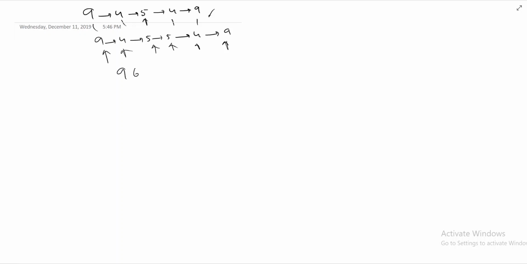For suppose this is 9655549, and these two are not the same, so this is not a palindrome. Even if it is 4 and 4, these two are the same, and these two are not the same, this is not